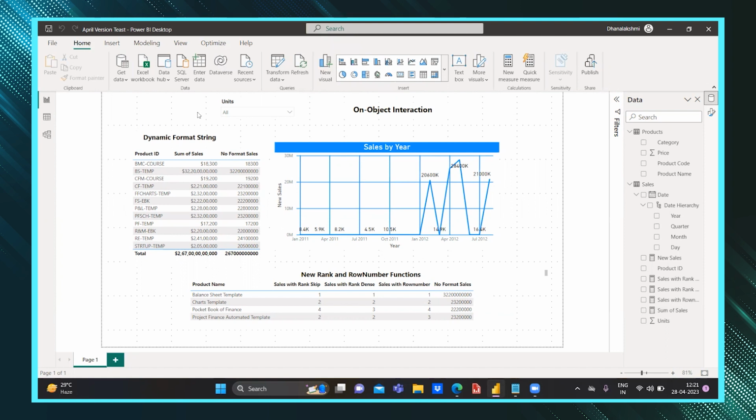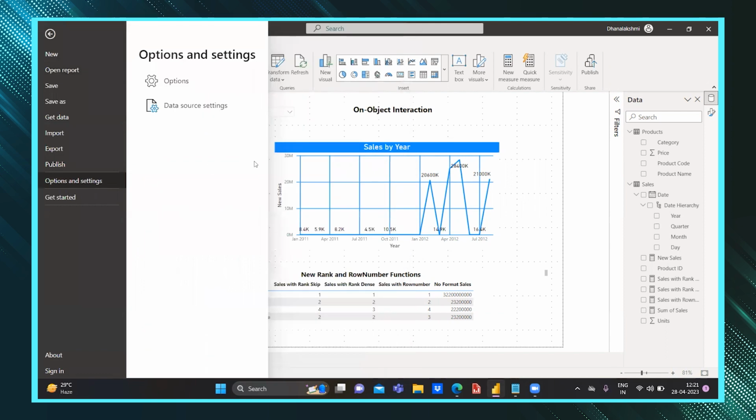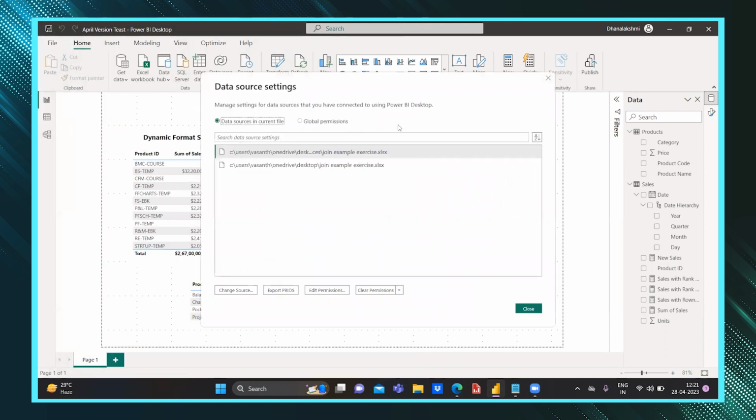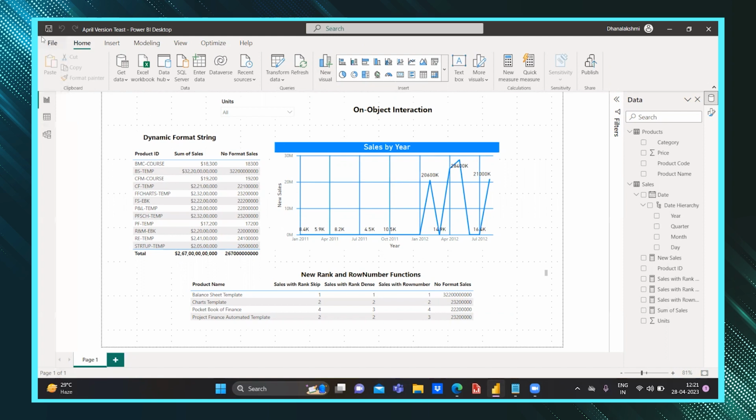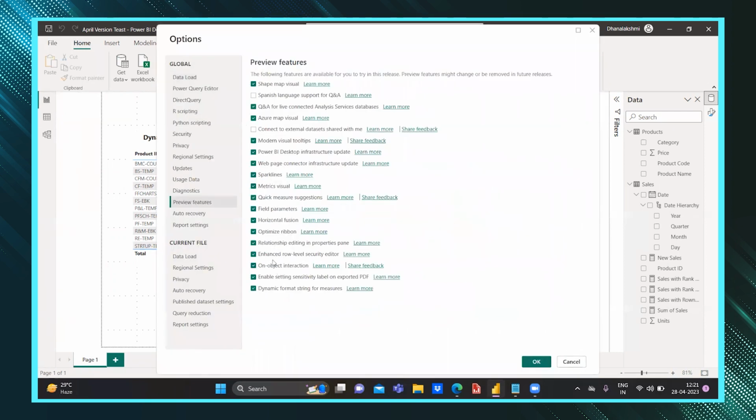To make it available, first we need to update our Power BI Desktop, and we have to go to options and settings. Sorry, not this one. We have to go to the options itself. Under report settings, we will be having the preview features option. Here there is an option called dynamic format string for measures. So these new preview features have been added and we have to enable this, and after enabling, click OK,